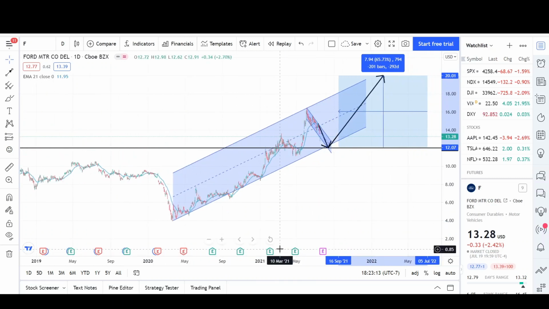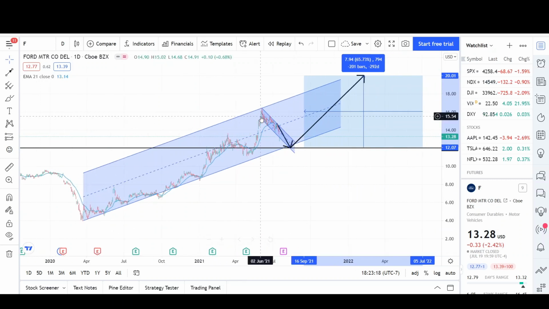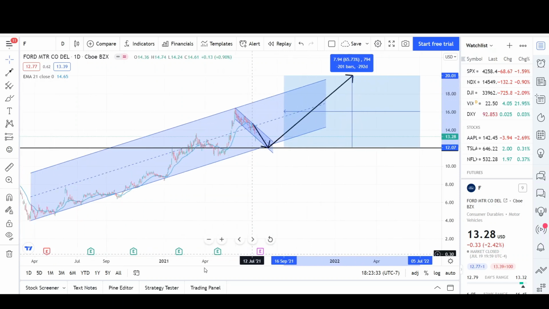We have an uptrend since last year March. We just came off the high side of the trend and we're going back to the lower side. In the short term, we're in a downtrend, so I would have been trying to pick any bottoms right now, let this channel play through before the trend will resume. And then the targets are this $20 level and that high of $16.50 level. So let's take a look at the weekly chart,